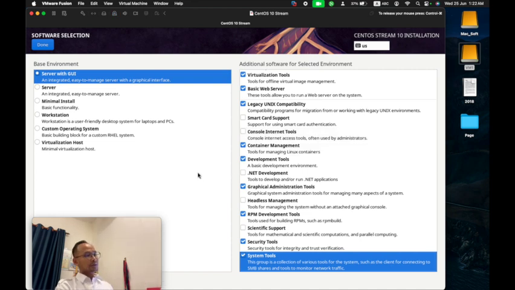Okay, the first one, server with GUI. This is the one that we will learn and practice in this channel with me, and I recommend it for beginners or those with basic Linux server or CentOS server knowledge. Please choose the first one, server with GUI.